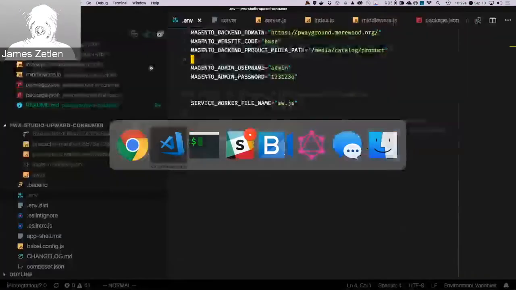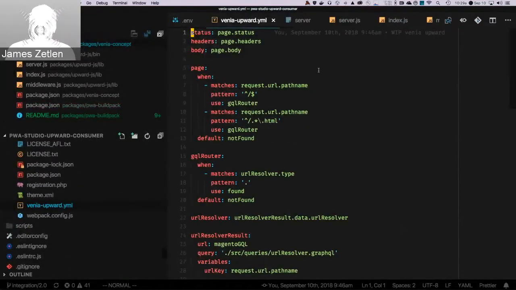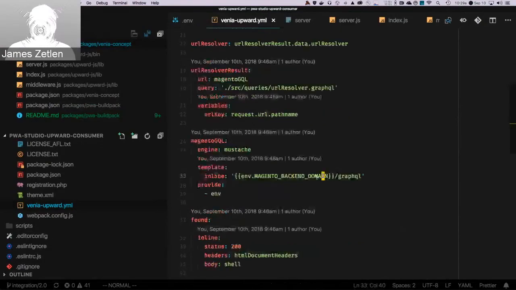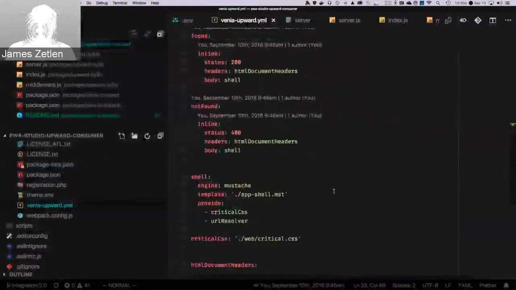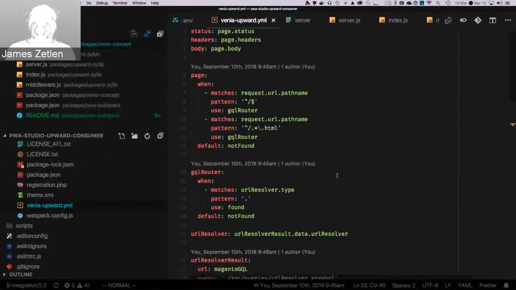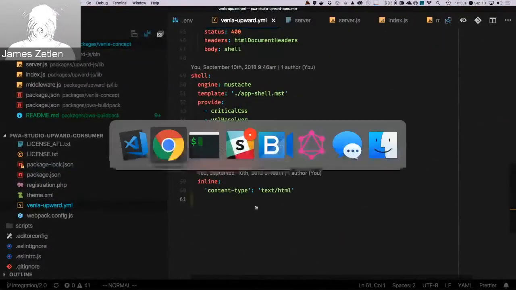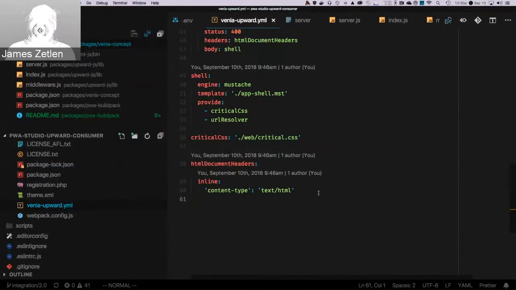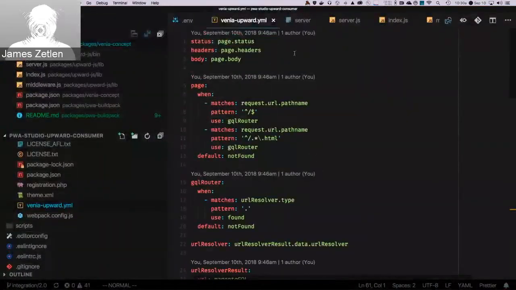I'm curious as to why that matcher is coming up undefined. Maybe it's because we've got the Magento backend domain, GraphQL. That's got to work, right? And then, well, curious. Perhaps it's gone off the rails. Now, web critical CSS, that could be it. So I'm going to switch it back to mine, but the other way that I can show you that things have changed a bit is